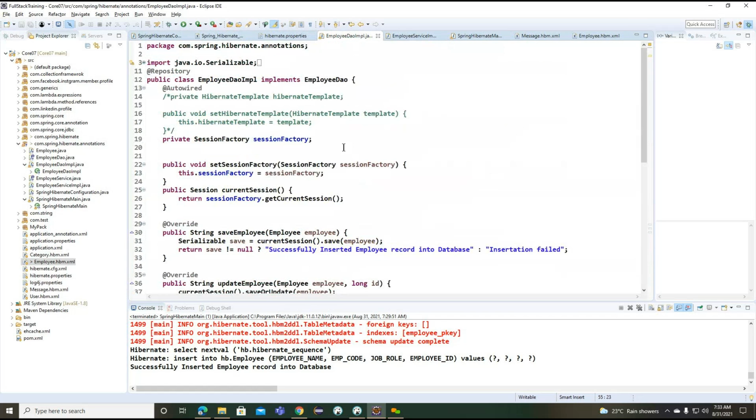Now we need to define the autowired annotation. So the autowired annotation we defined here.